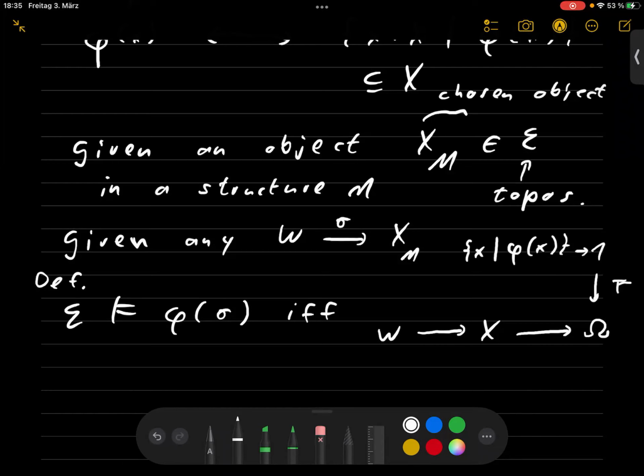Goes to here and here, and then if there is a lift there, of course this is a subobject, then there should exist something, and necessarily it will be unique, but we don't need to write it, because if this commutes, and this is a monomorphism, then there can only be one morphism like that, but it's not important. We can just prove that it exists with an equivalent condition. So this is the condition that is called